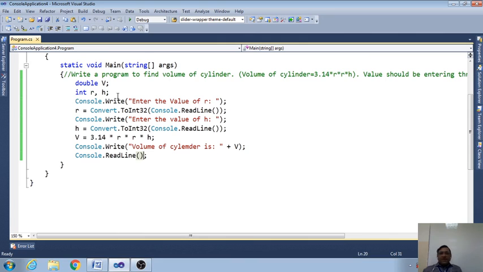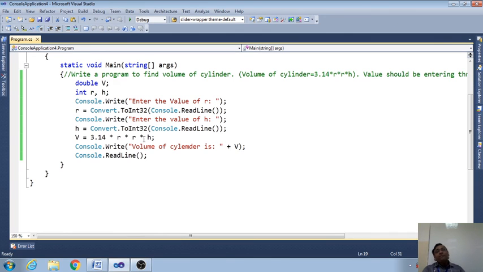A mistake doesn't only mean there is an error in the program, right? For example, this program is supposed to give result 25.12 when I give the value of R and H as 2. If wrongly I put a plus here, the value will change, right? The program runs, every syntax is correct, there is nothing wrong, but the result is not coming correct.